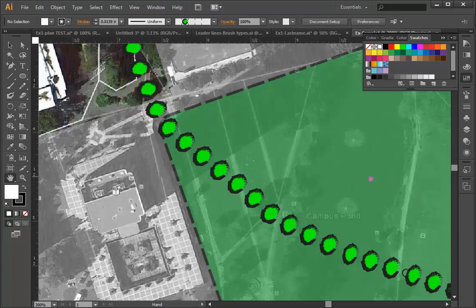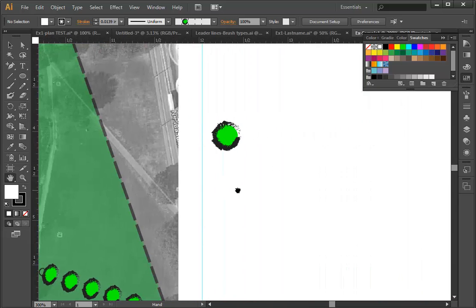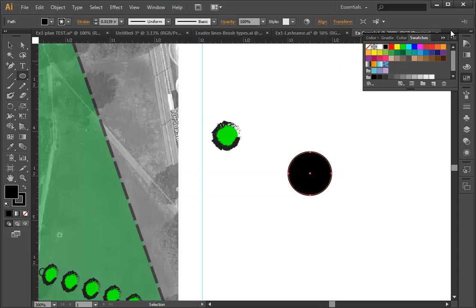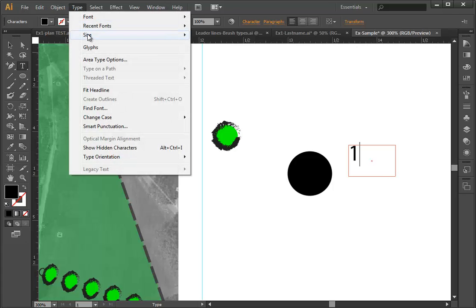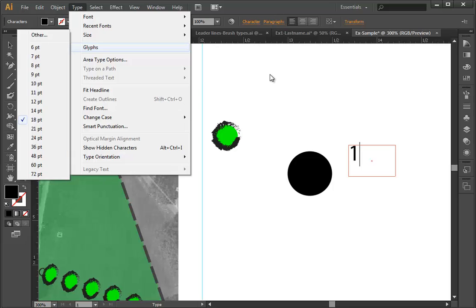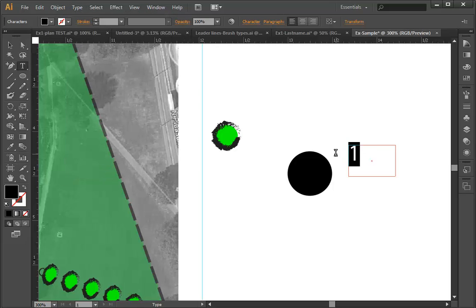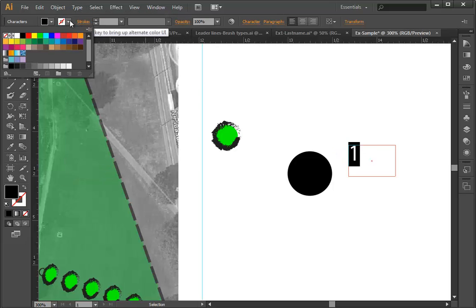Our next step is to simply make a key to link the photograph with the location of where it was taken on the site. So we're going to use the ellipse tool again, create a circle, and we're going to make this with a black fill. We're then going to come up to our text, just create a number 1 under type. You can see that that's 18 point. We can then highlight this, change the color to white,